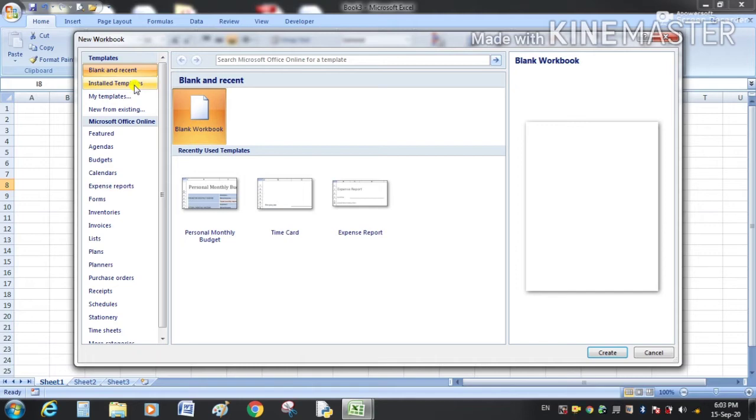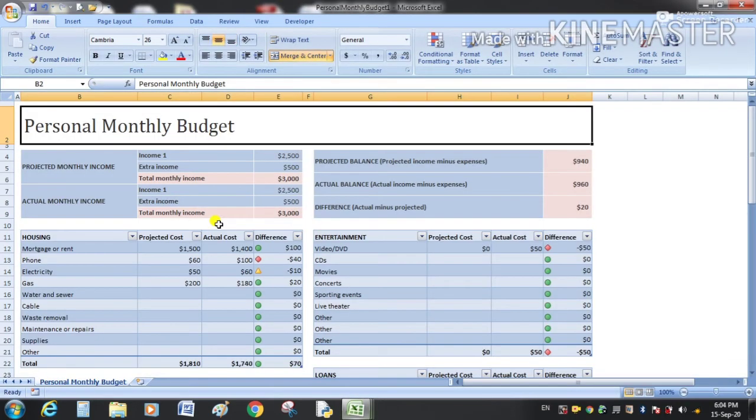If we want to reuse a template, then from here we can select the recently used templates. So this is my recently used template. They have their own structure, formatting and layout. For example, this is a personal monthly budget. When I double click here, this is the structure of the monthly personal budget.